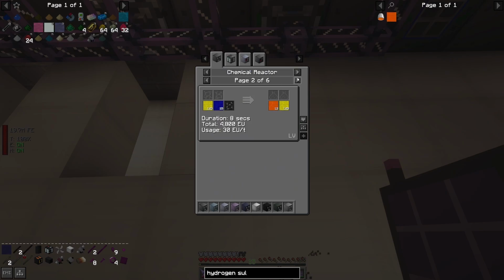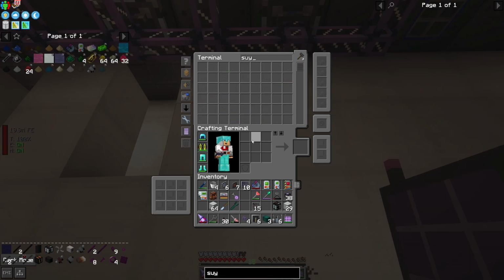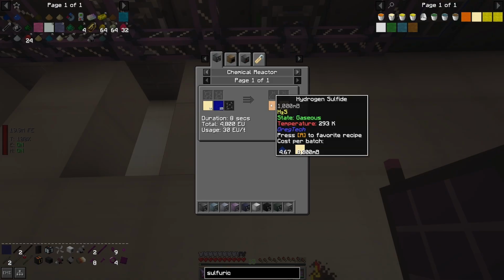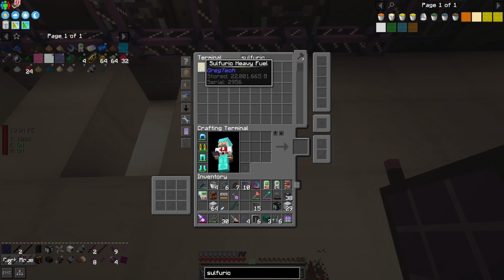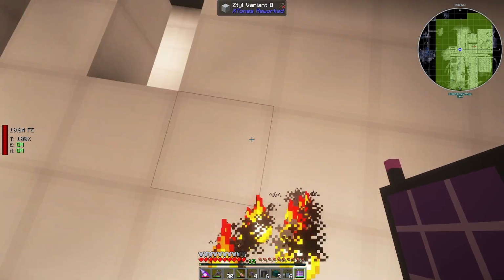Sulfuric. Use heavy fill, I think. I don't really think that's going anywhere. Could I even use the gas? I could. Okay, maybe I'll just use sulfuric gas then. Anyway,